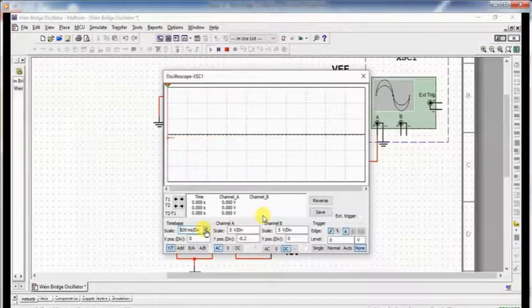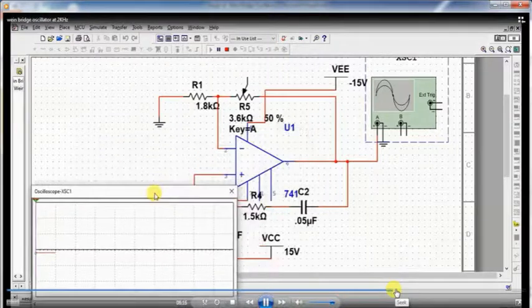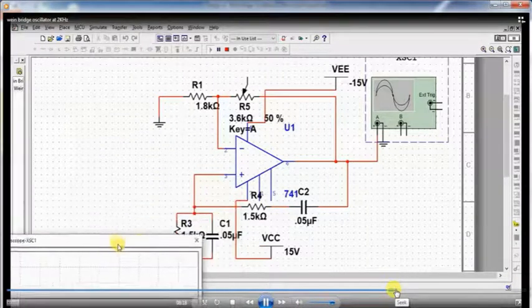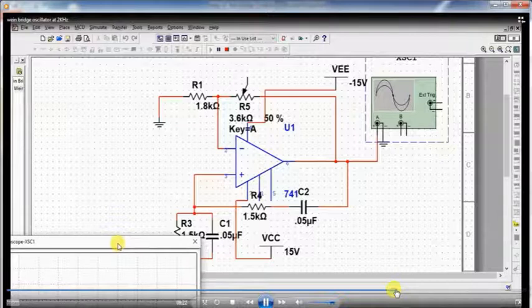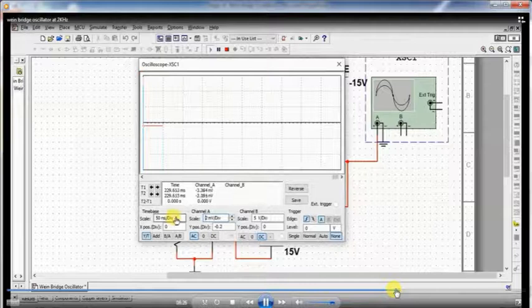Here, after changing the scale of the channel A and time base like this, we can find out the result with proper waveform. So you can vary these scales, and after adjusting these scales like this, you can find out the result. So here the output is not shown, so what we will do here to obtain the desired amplitude,